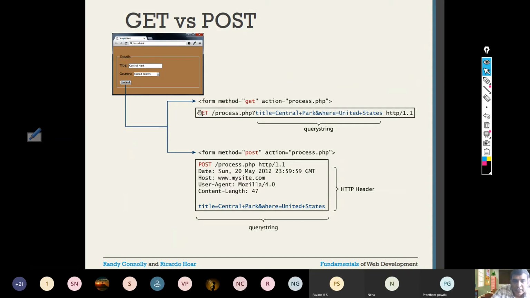For example, assume this is a form where you enter title and country. So now what happens when you press the submit button? This is a form with method equal to get. Action is what? It tells the server to execute a program known as process.php, which is a PHP program.